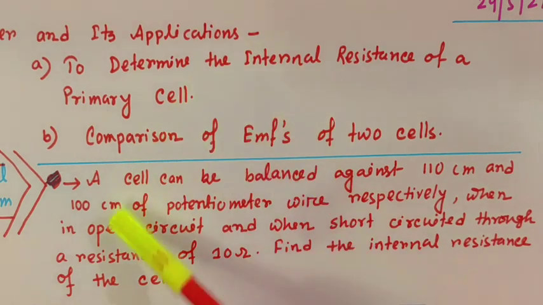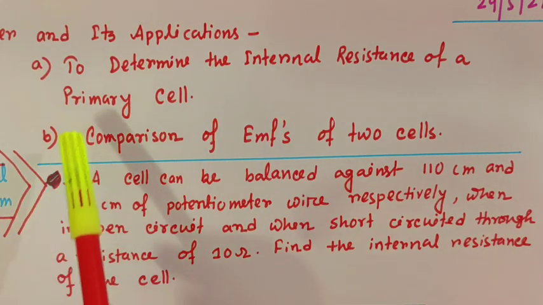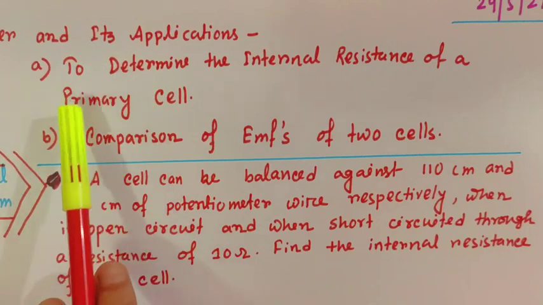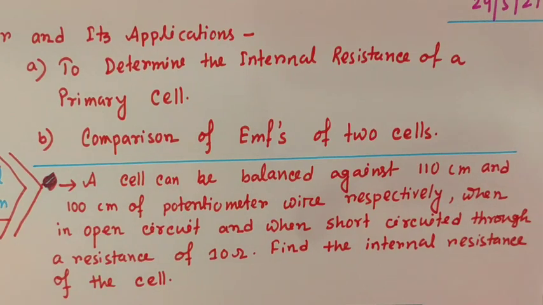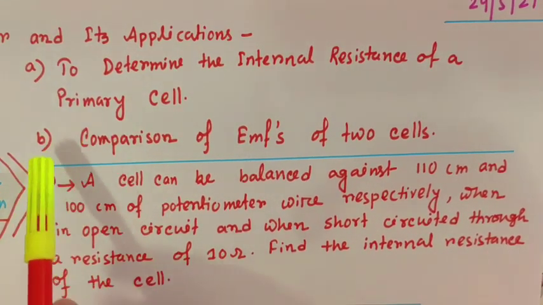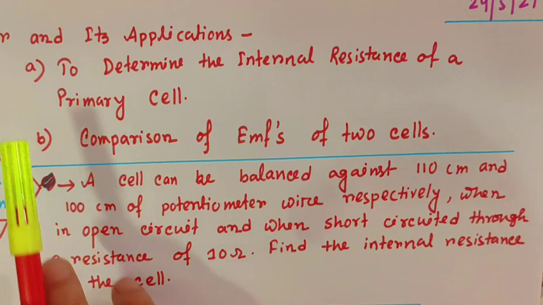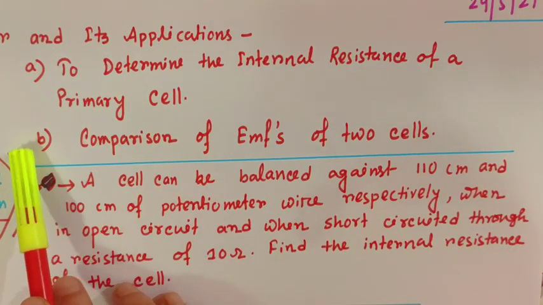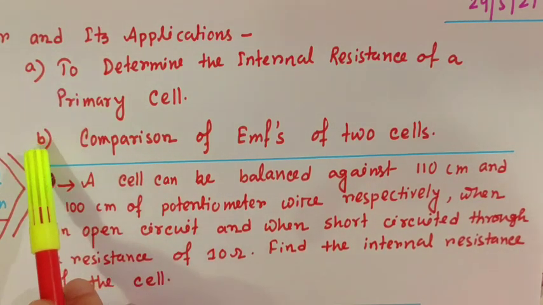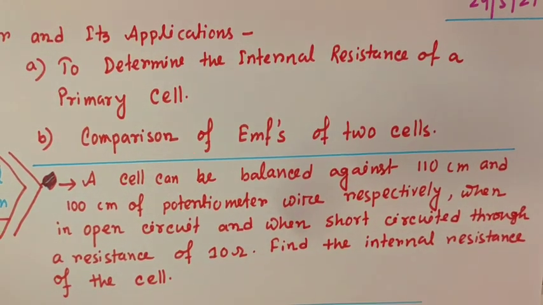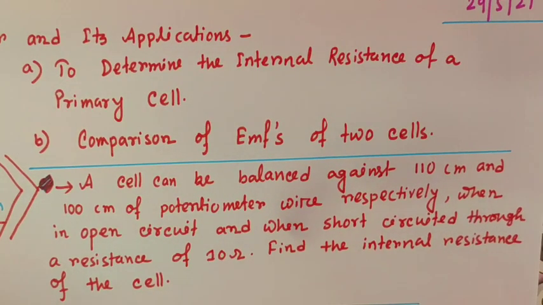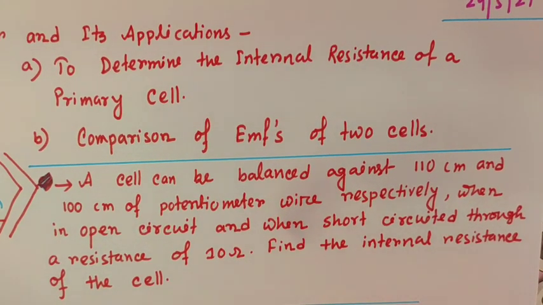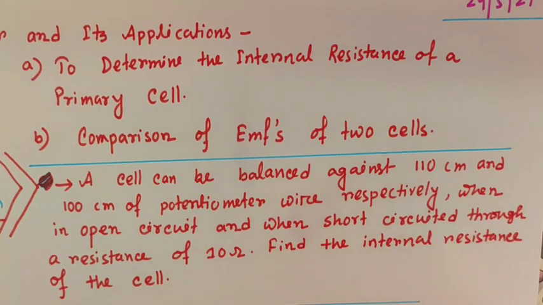All these questions are important for 5 marks. Potentiometer and determining internal resistance, if these two questions are set together, then it will come for 5 marks. If a single one, either A or B, is set, it will be for 3 marks. Numericals also you can see in the previous years' question papers. Numericals are probably for 2 or 3 marks. Okay, so let's start.